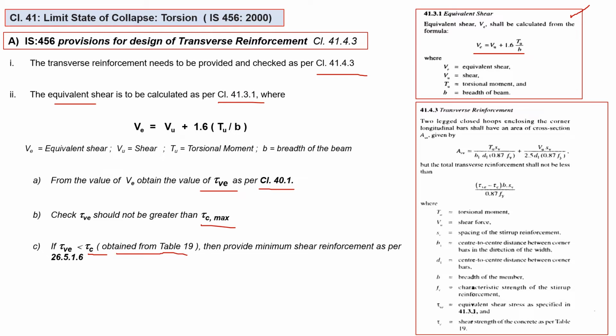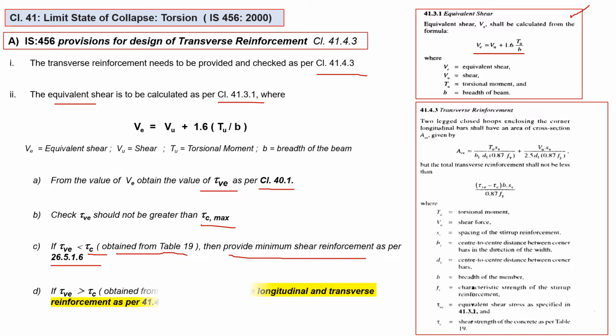So we have to apply this check. If this check is true, then we have to provide minimum shear reinforcement as per clause 26.5.1.6. Otherwise, the important point is, if tau Ve is greater than tau c obtained from Table number 19,